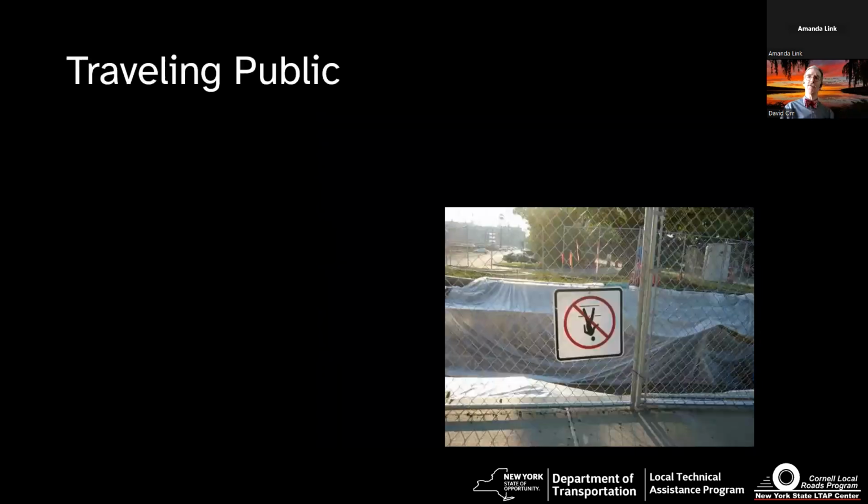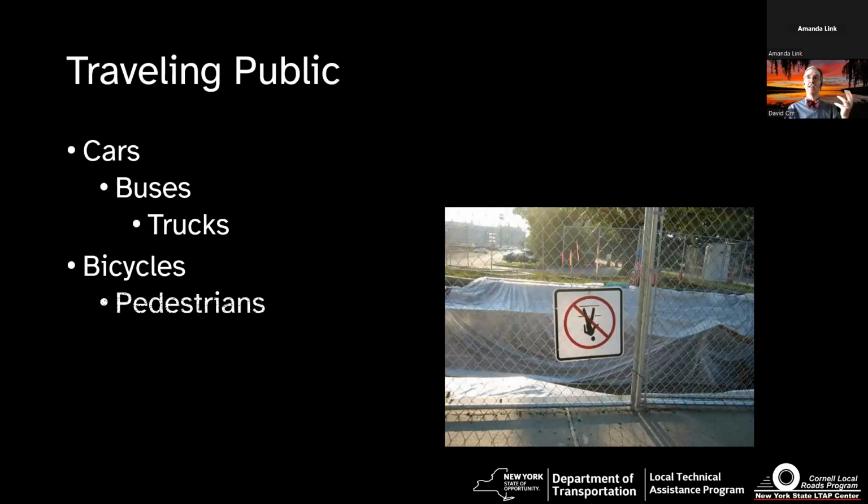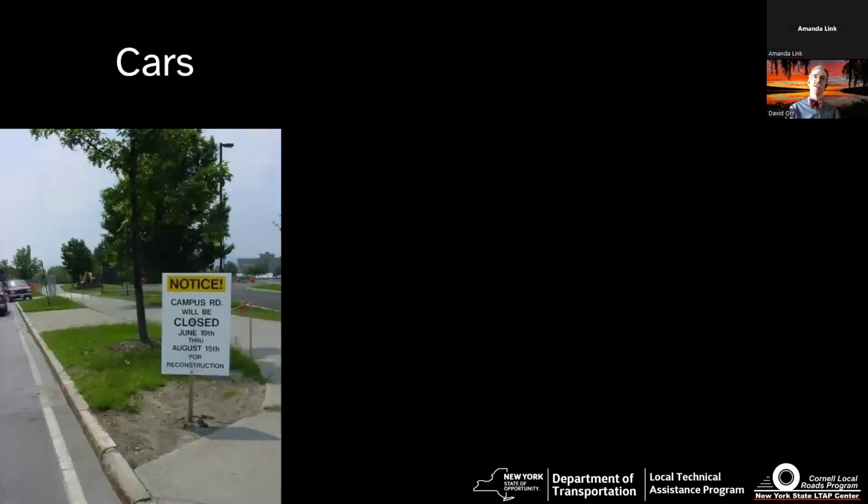And let's concentrate a little bit more on the traveling public. Everybody thinks about cars, and yes, cars are a major issue, but really in a lot of ways, work zones, especially in urban areas like villages and cities or towns as you get into more urbanized areas, really it's the buses and the trucks that are going to control the width of the lanes, any turning movements, all that kind of stuff, fun stuff. And then you've got the people who are not inside of vehicles. You've got bicycles, you've got pedestrians, you've got people who are handicapped. Okay, you got break dancers, I guess is what this is. No break dancing at this particular work zone. But think about that traveling public as we're thinking about work zones.